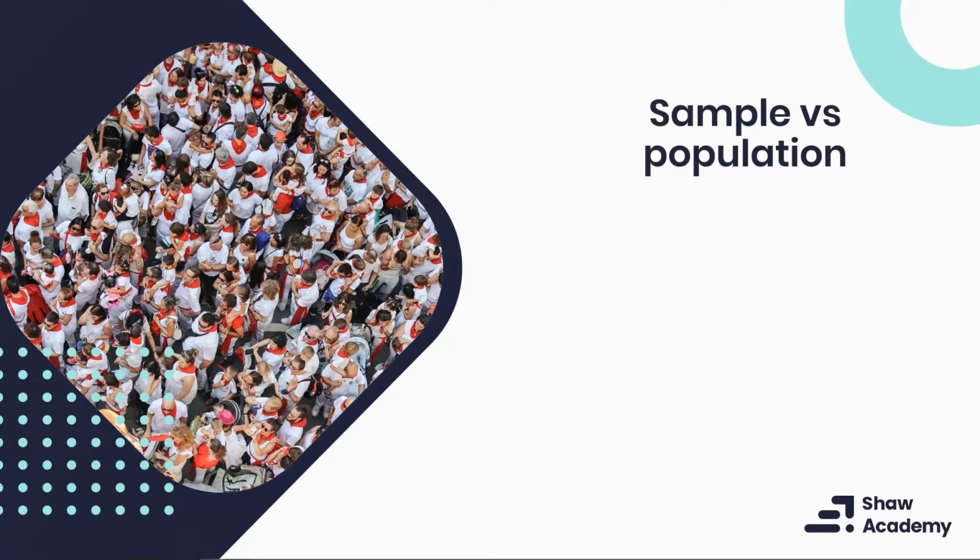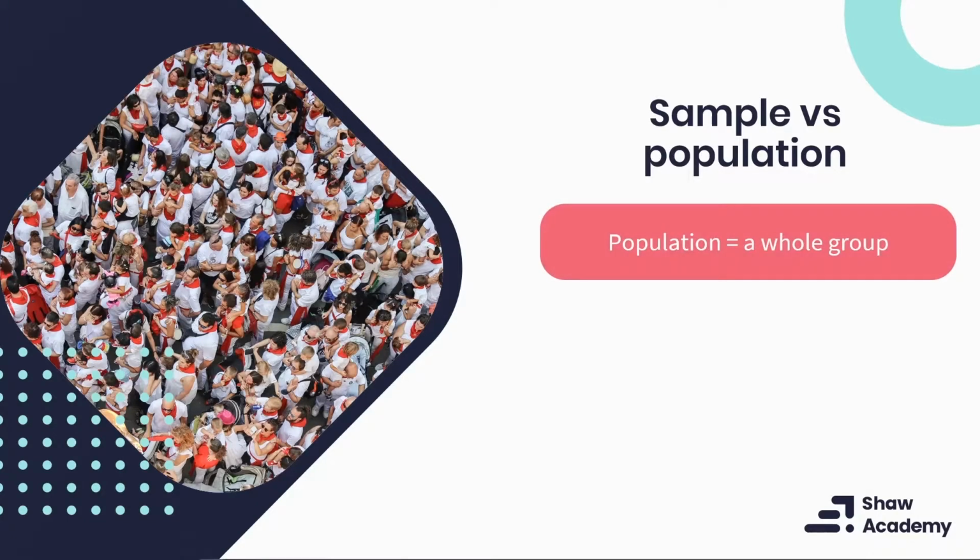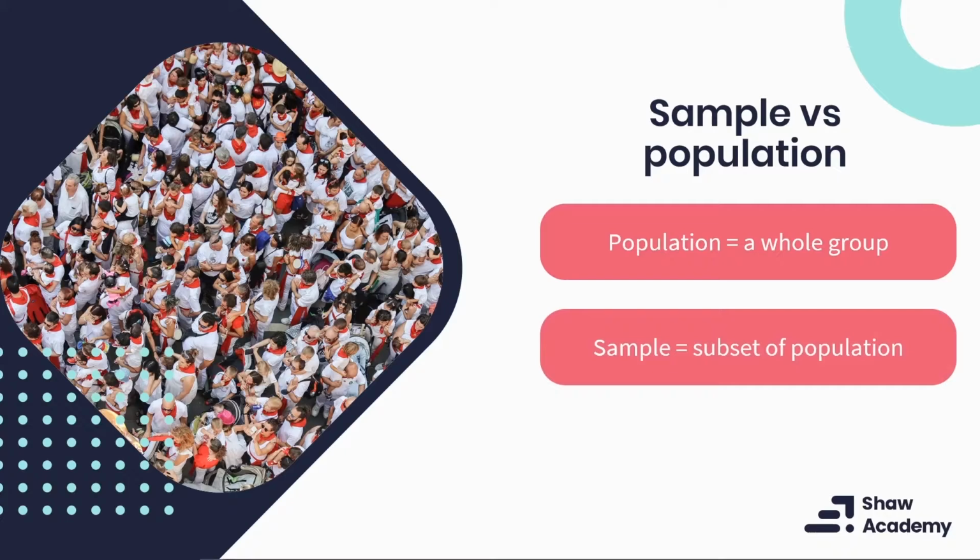Before we go any further, let's recap what a population and sample is. A population is in reference to a whole group. This can include an entire group of people, or objects, or events, or measures. We therefore refer to a population as the entire group from which we want to make assumptions. The sample refers to a subset of the population. The sample will therefore always be smaller than the population. The sample is a smaller part of the whole of the population.